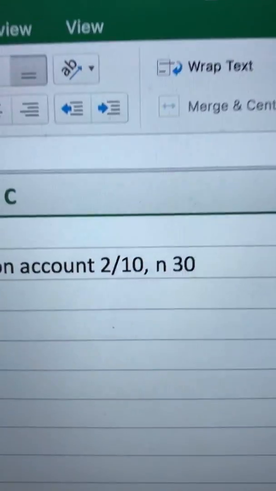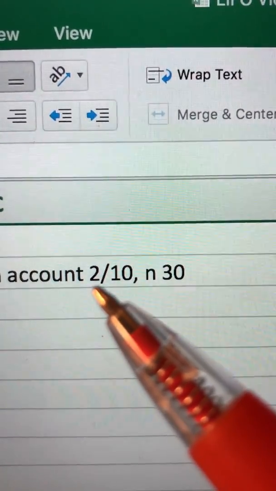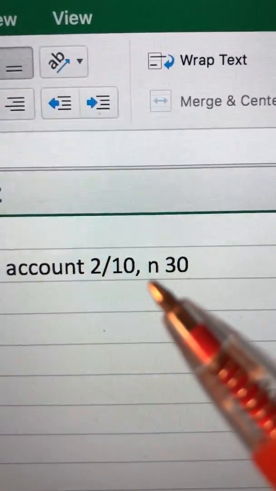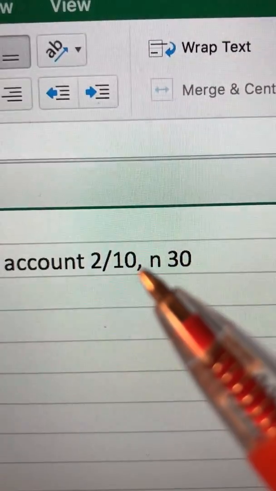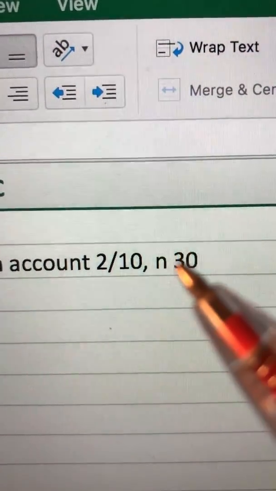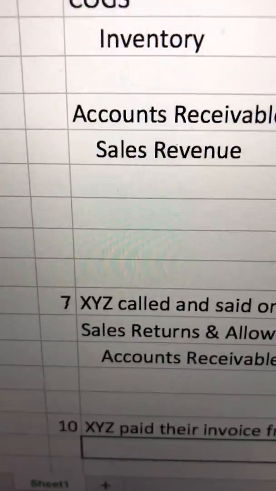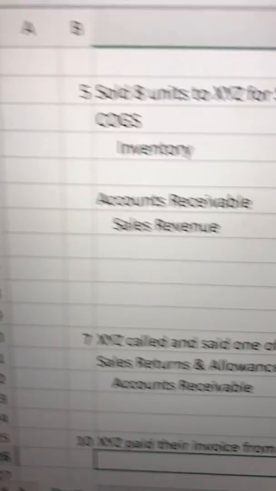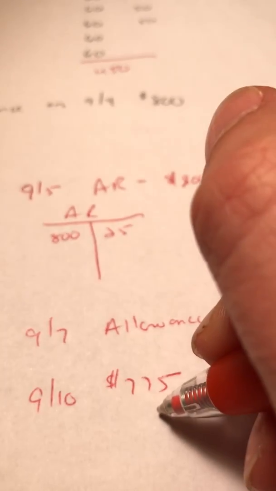If you go back to the 9/5 transaction, we see that we have this discount period. The terms are if they pay within 10 days, we'll give them a 2% discount. 10-day payment, 2% discount. If they don't pay in 10 days, it's due in 30 days, no discount. Okay? So this was on the 5th. They're paying us on the 10th. That's within the 10 days. So we take the $775